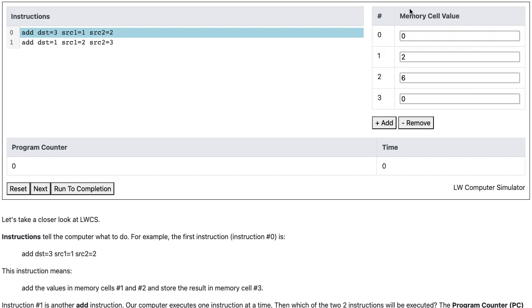Memory cells store integers. In this example, the value of memory cell 0 is 0, and the value of memory cell 1 is 2, and so on. As the computer executes instructions, it reads and updates memory cell values. For instance, the add instruction tells the computer to add values stored in 2 cells and store the sum in